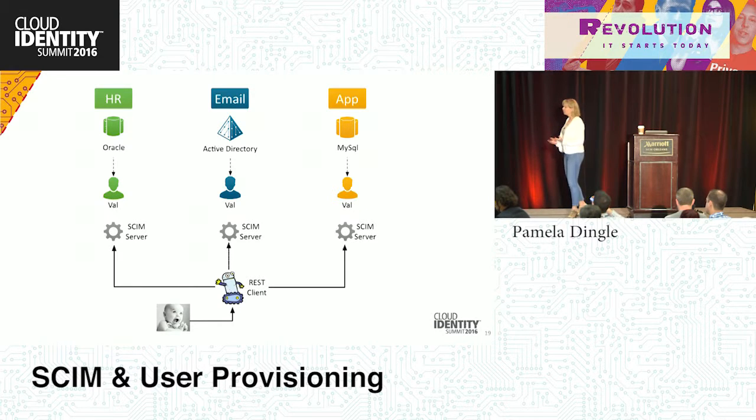So in SCIM, what's really happening is a REST client is operating on an interface. So you have some kind of active code that's running that's going to query your SCIM interface, and that could do things like push a user into an app. It could do things like pull a user out of an app, or delete them, or soft delete them, disable them. The relationship between a SCIM server, also known as a service provider, and a client is not always a case of a provider and a consumer. There is this push-pull relationship that can exist.